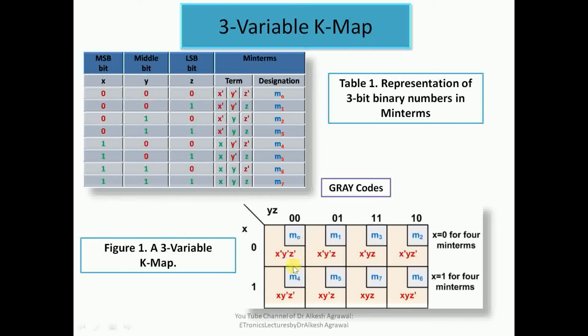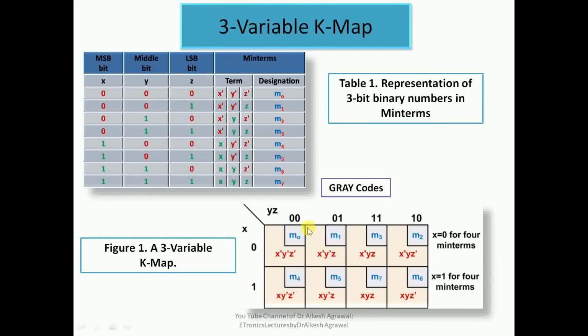Now this one box is a cell, and in each cell we have a min term, with a designation of the min term and the min term itself. How are these written in a K map? You can see the frequency of x. X is 0 for 4 min terms m0, m1, m2, m3, and it is 1 for 4 min terms m4, m5, m6, and m7. That is why we have placed 0, which is fixed for 4 cells, each cell depicting one min term. So x is 0 for 4 min terms, and x is 1 for 4 min terms.